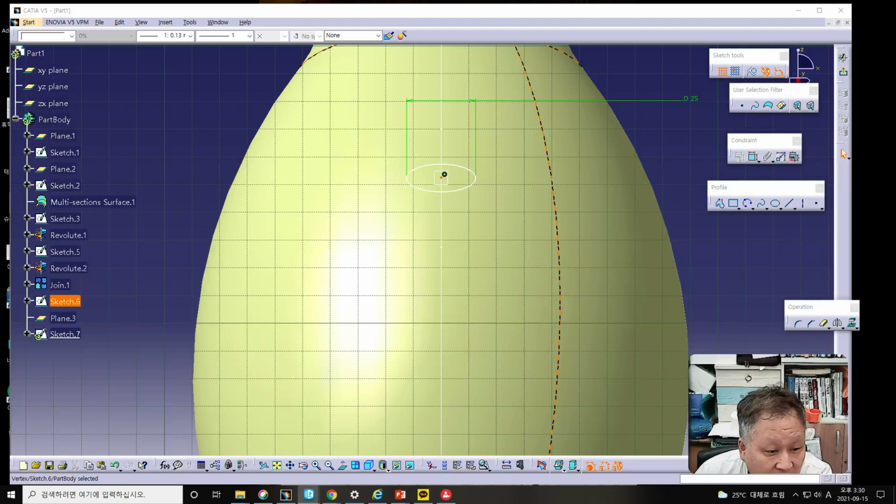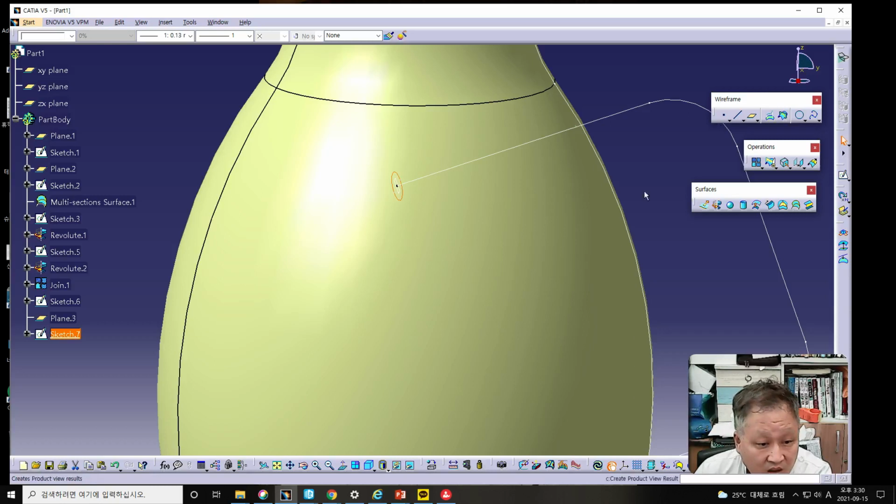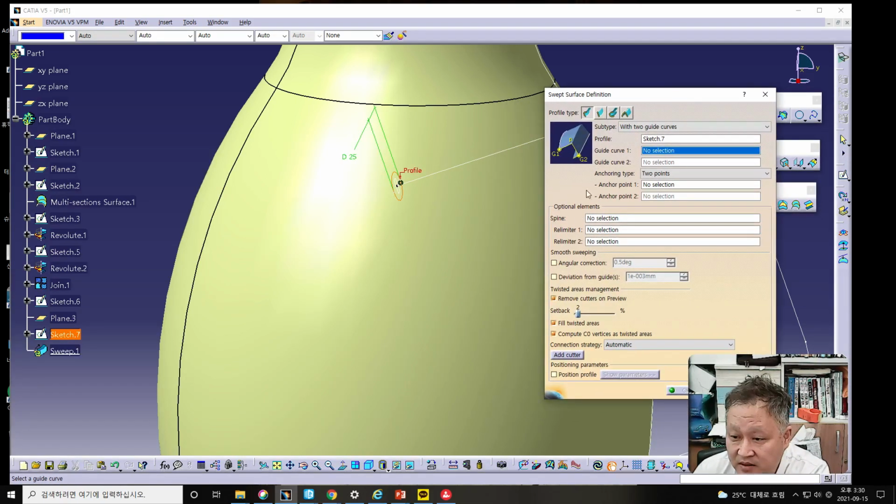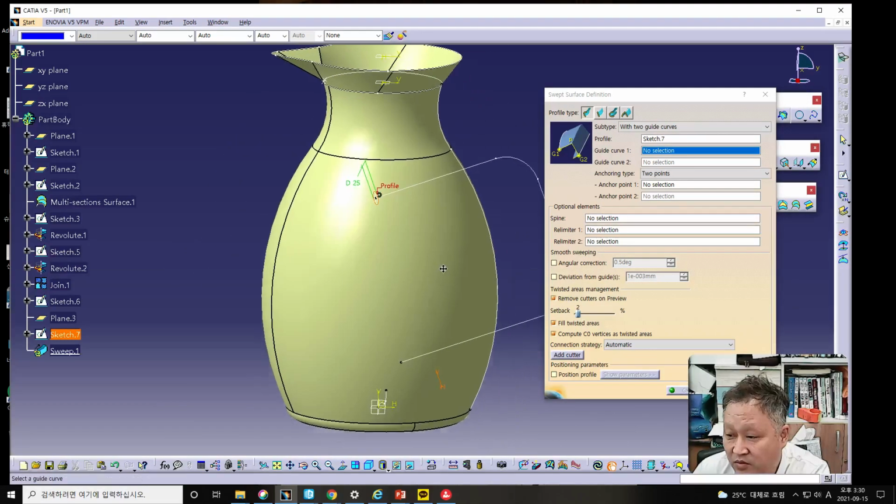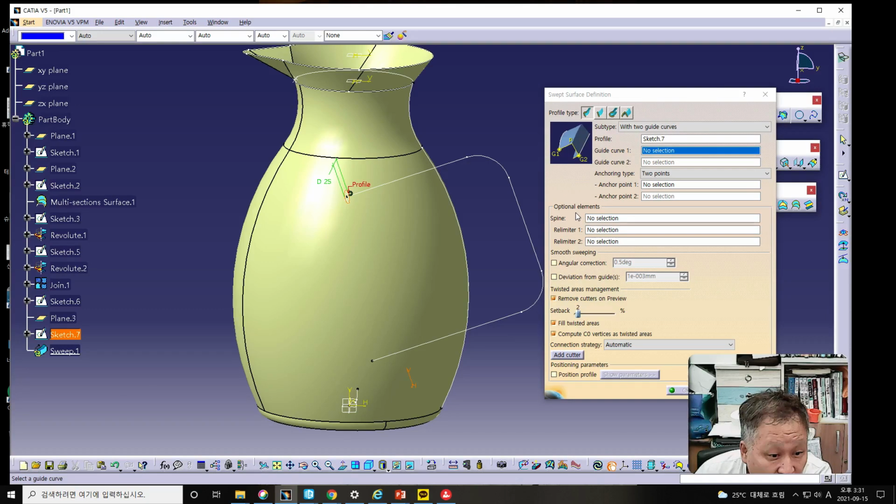If you make this box, then exit to the sketch workbench. Next, we click the sweep surface in the surface toolbar, and we select sweep surface. If you see the sweep dialog box, we should select